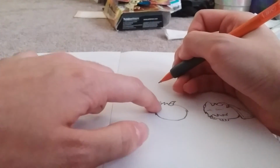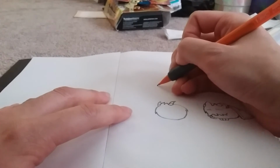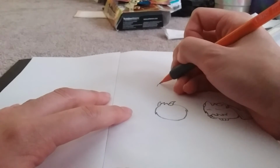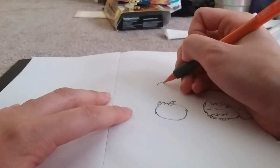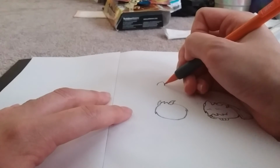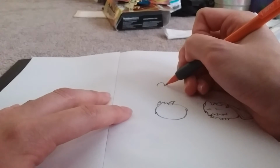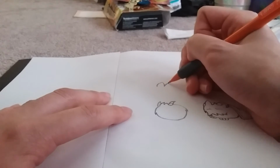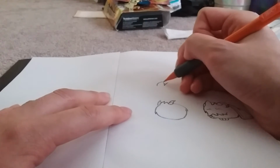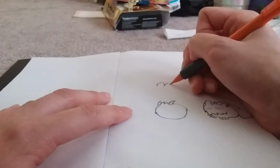Start directly above this guy's fluffs. You want to go curve upwards like so, making that petal shape, curve downwards, and then curve upwards again. The second one that we are making will be smaller, so this part will be smaller in height compared to that one. And then curve downwards,